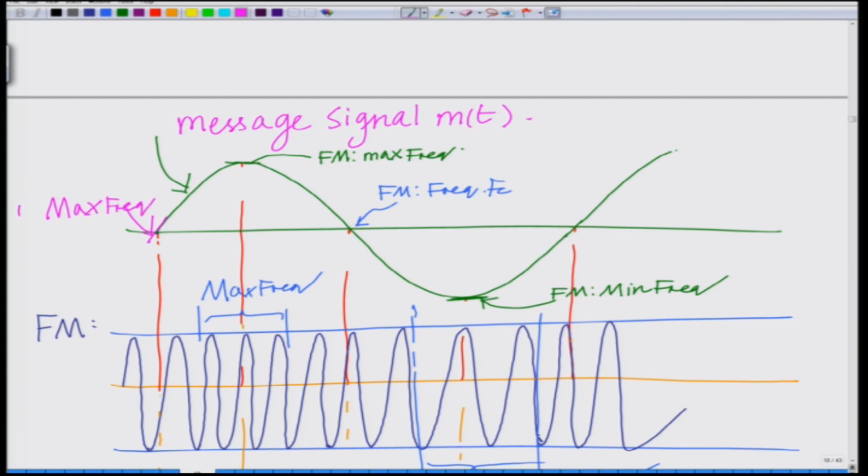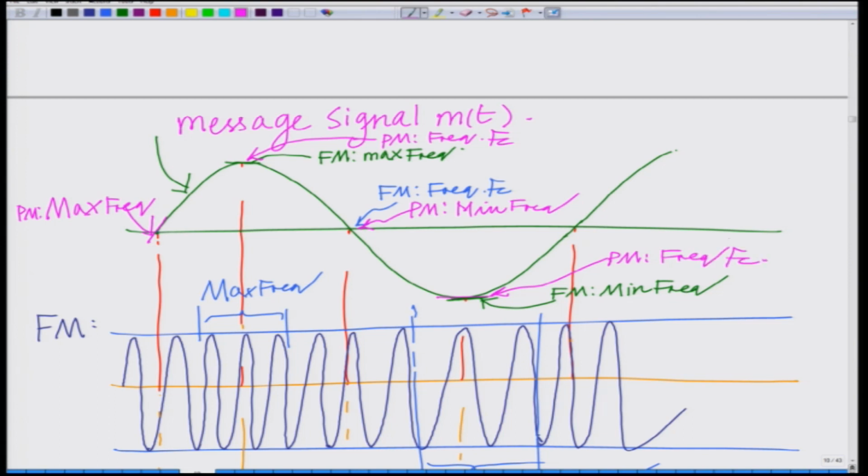So, this corresponds to maximum frequency for phase modulation, and this point here, the 0 crossing where the amplitude is decreasing, corresponds to the minimum frequency. And at these 2 points where the function is maximum, the derivative is 0. So, for phase modulation, this corresponds to simply the free carrier frequency, that is Fc, and also the minimum, where the derivative is 0, corresponds to